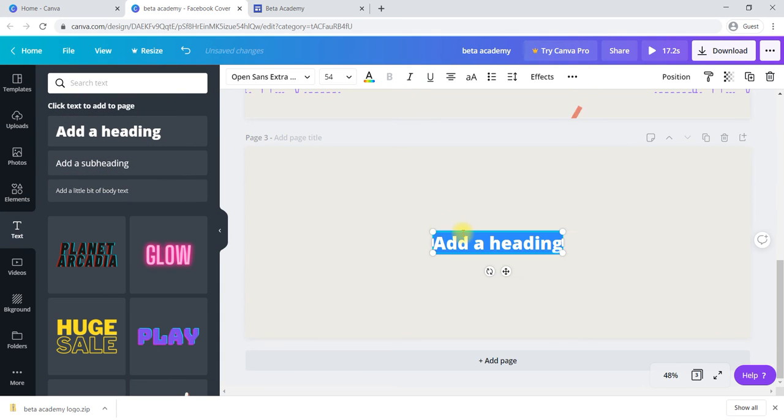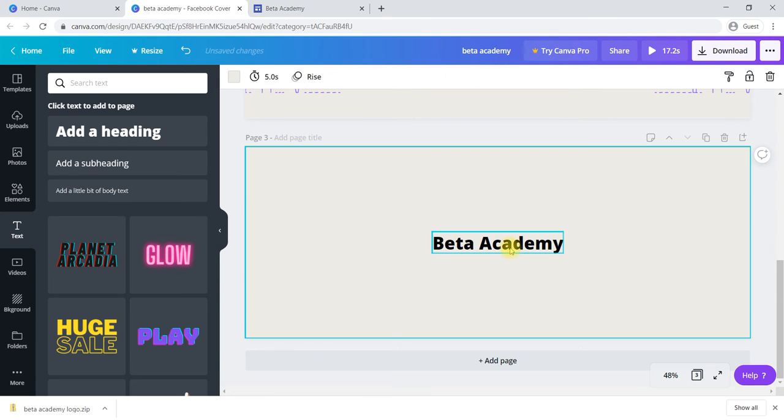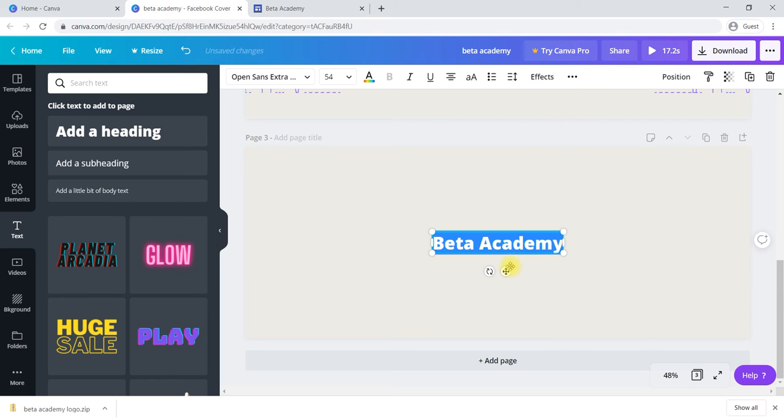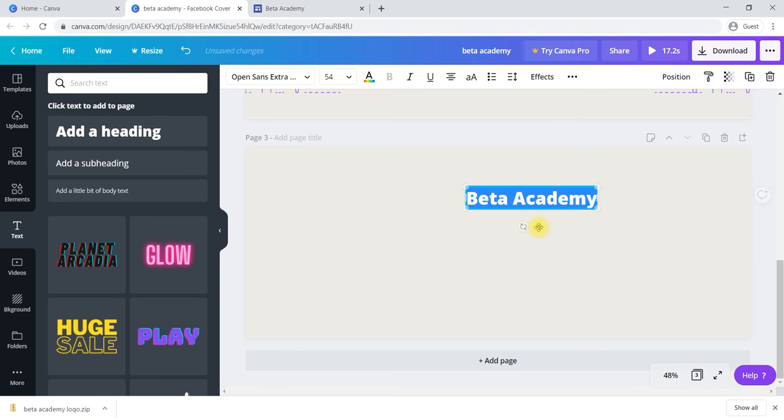Directly you can use text. Then move it here, you can use the move option to move the text. To rotate the text, you can use this one.